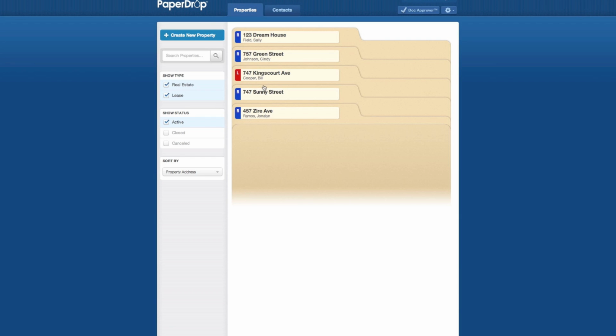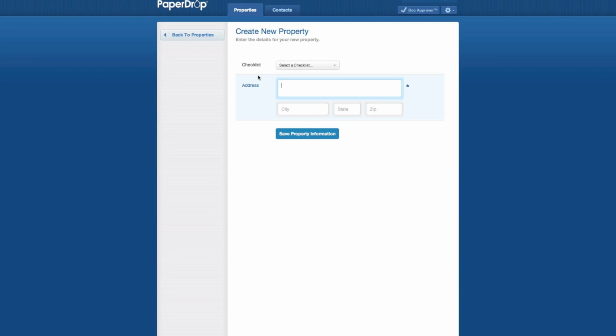So to best understand how this works, let's go ahead and create a new property. To create a new property, all you do is click this big Create New Property button here on the left. So I'll create a new property now. The first thing I have to do is pick a checklist. So let's say I'm representing the buyer. So I'm going to go ahead and select the buyer's agent checklist, and these checklists are unique to your particular